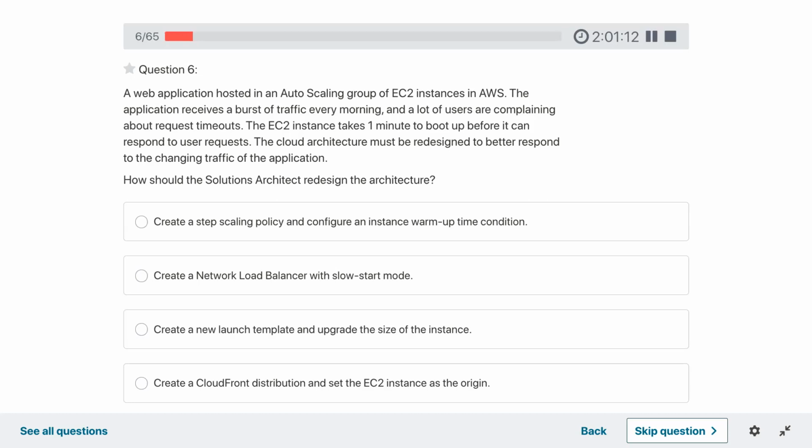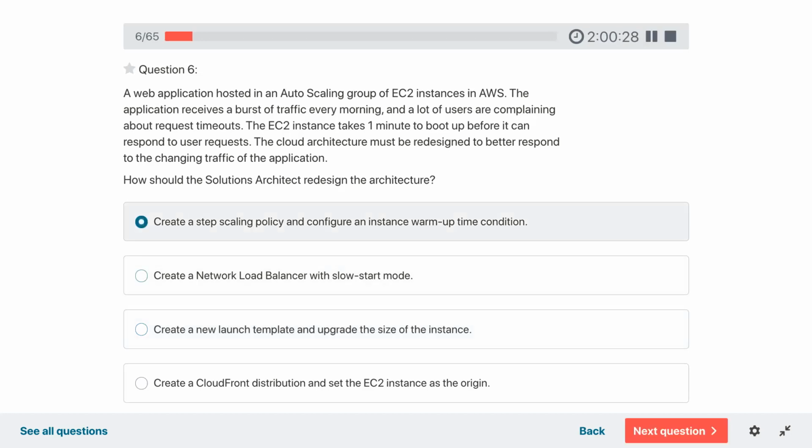So what we should do here is we should have a warm up time condition.